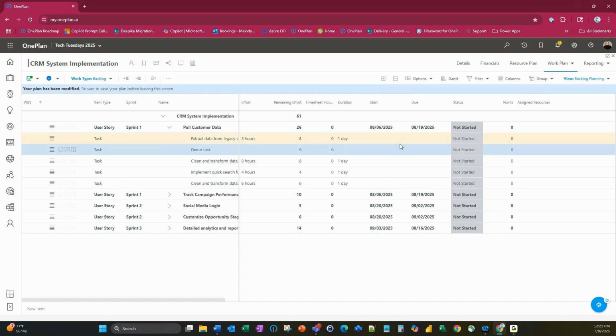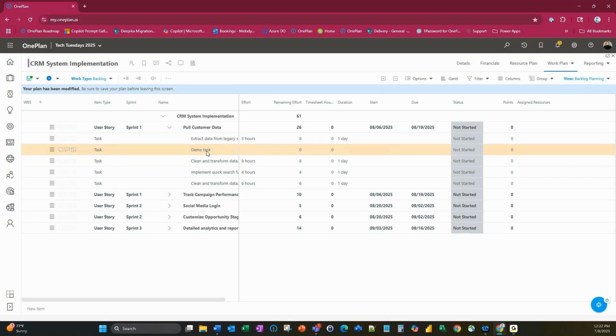You can also put start and due dates on your task if you'd like. I don't, simply because I do have it at my story level. And I can very easily see when these tasks are completed. Once they've been started, they'll be completed once the hours have been burnt down. I can definitely see that. But if you wanted to, you could go ahead and do that as well.